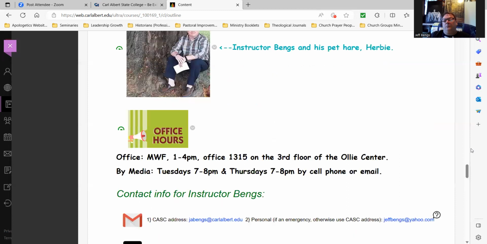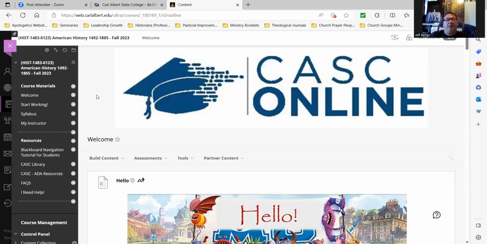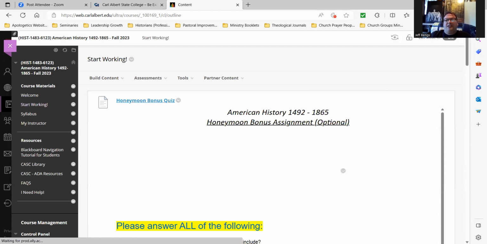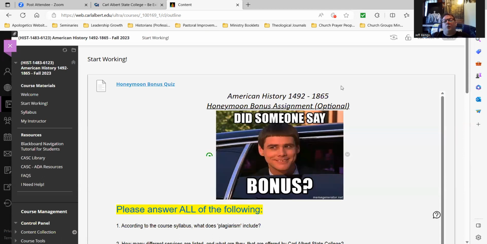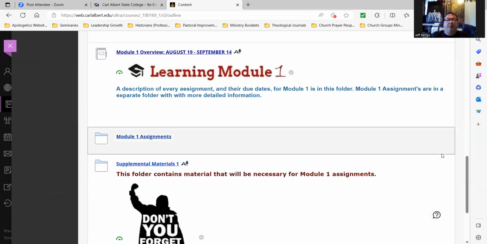Now, like I said, that's the welcome page, but the most important folder for you on the left-hand side here is the Start Working folder. And what it does is it shows you what you can start to work on. Now the honeymoon quiz is over, so I need to hide that. But you scroll on down and boom,